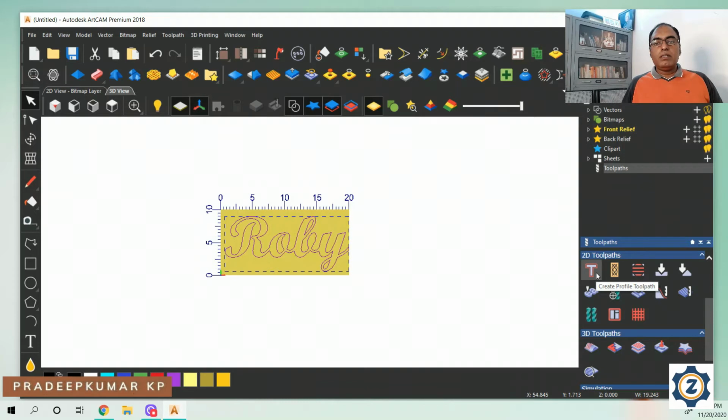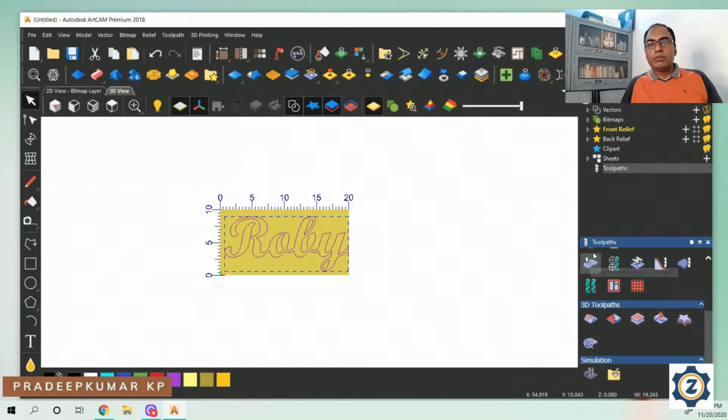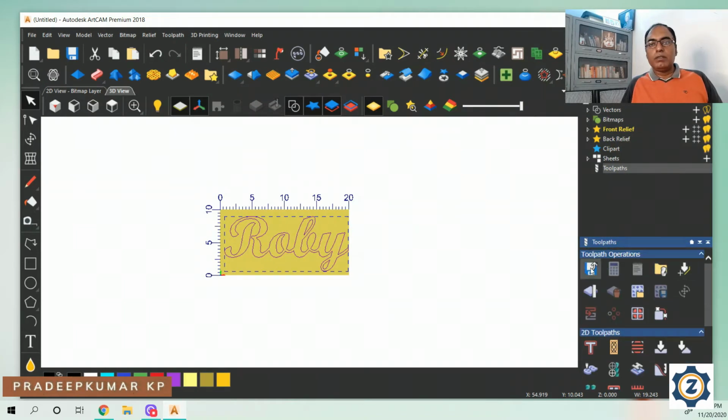Let us see, we are going for this one. We click for this particular one, creating toolpath. I have to get some menu out here. Let me see, where is that? It's not displaying here. So this one, toolpath. Okay, fine. This is 2D toolpath. For that I selected this, and I click create toolpath.